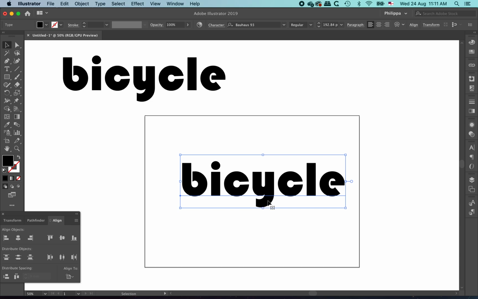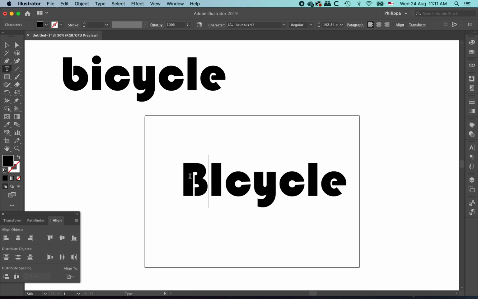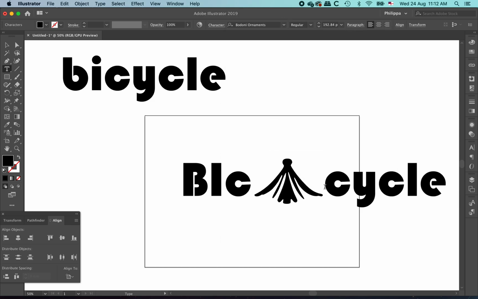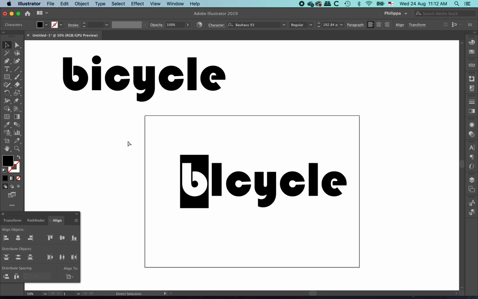The next thing I'm going to do is break this apart, because at the moment you can see how it's got this baseline under it. That means it's editable text. So I can go in there, if I grab my text tool, I could change this to a capital I, could change this to a capital B. So that's using the text tool. I could put a whole more C's in there. So it's still something that you can change, and I could of course go in and change the font as well. To go backwards, Control or Command Z,